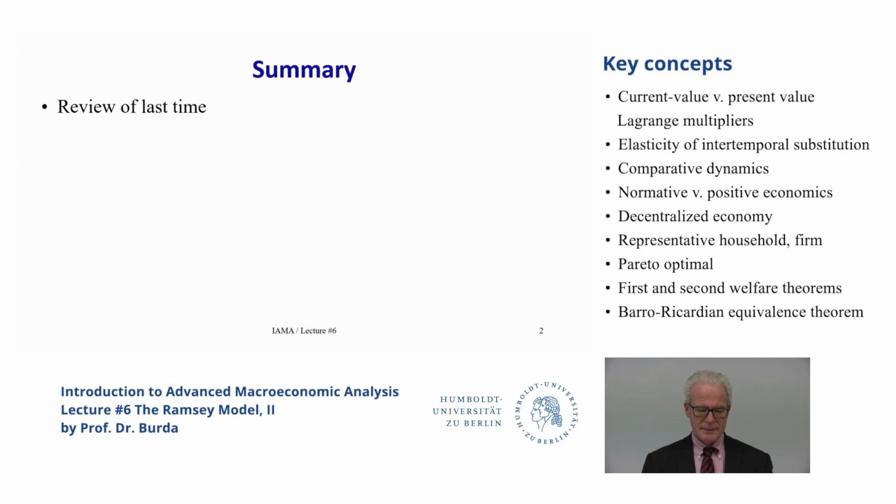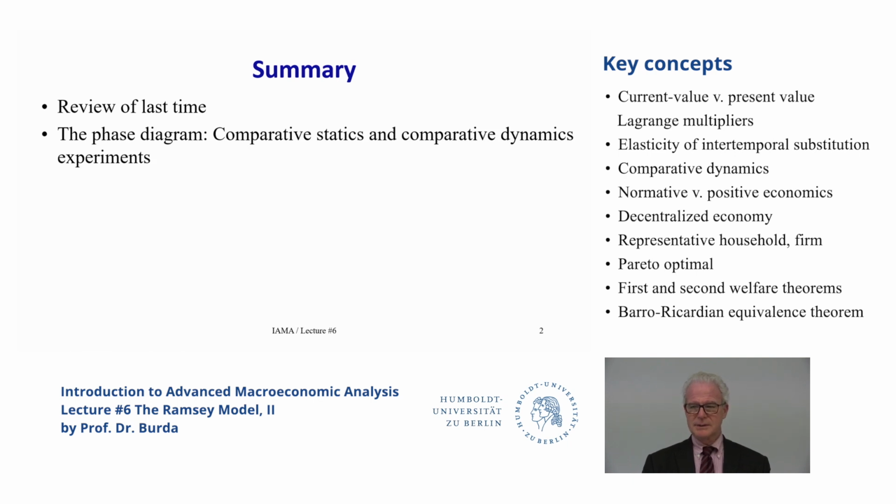So we'll review that briefly, especially the techniques which are new to many of you, involving what we call the Pontryagin maximum principle, using, instead of a Lagrange function, something called a Hamiltonian function and characterize the first order necessary conditions for an optimum in this context, and then we'll apply that to the Ramsey problem again. And then we'll apply it to a decentralized economy with some remarks about why that's an important